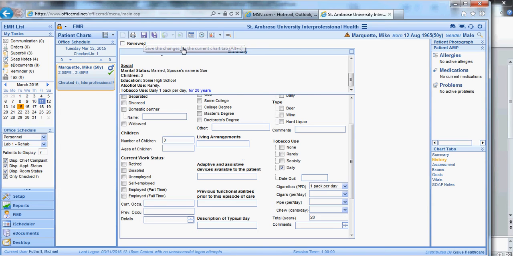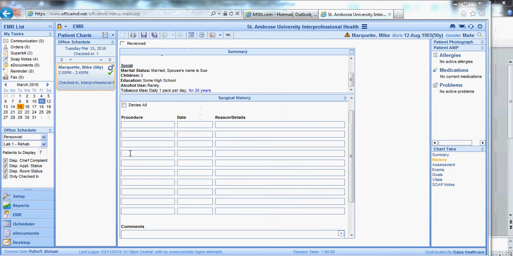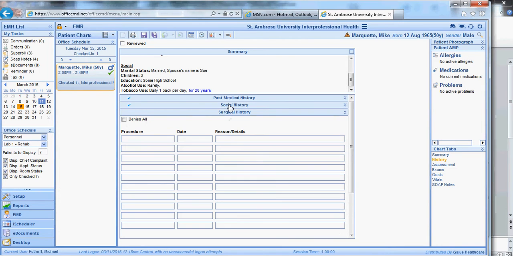Now all that information is hopefully saved. It doesn't disappear as I go. If it's necessary, you can put in the type of surgery history if you want to. What you'll find with the system is it's very redundant. So I could have listed all my surgeries